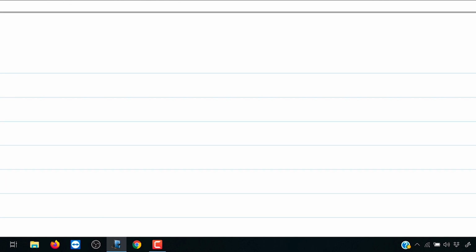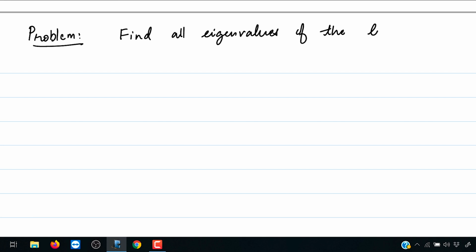The next problem will deal with the eigenvalues and eigenspaces in infinite dimensional vector spaces. So this is an exercise, or this is a problem to exhibit that these notions are studied in infinite dimensional vector spaces as well. So let's look at what the problem is. Find all eigenvalues of the linear transformation